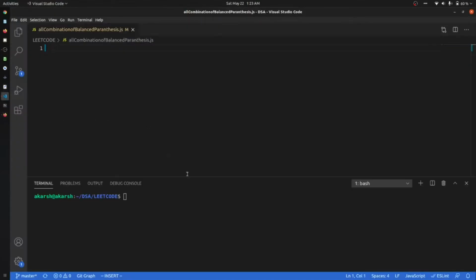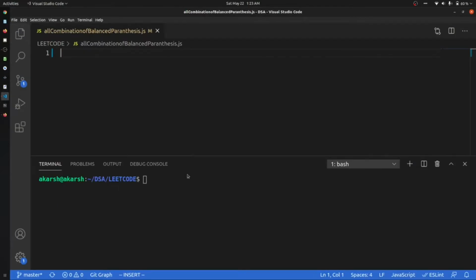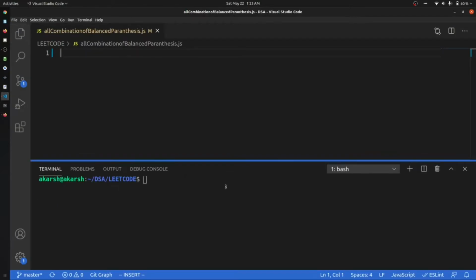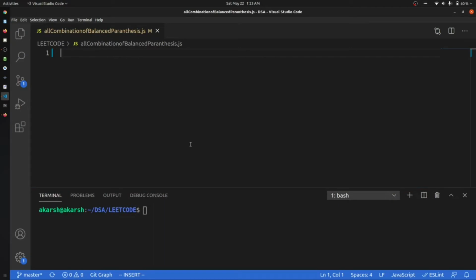So let me increase my text size. Let's say I'm assuming that we are using only one type of parenthesis. You can also use curly or square brackets, but you are allowed to use only one of these kinds of brackets. So when we are given n equal to 1, what do we have to print?